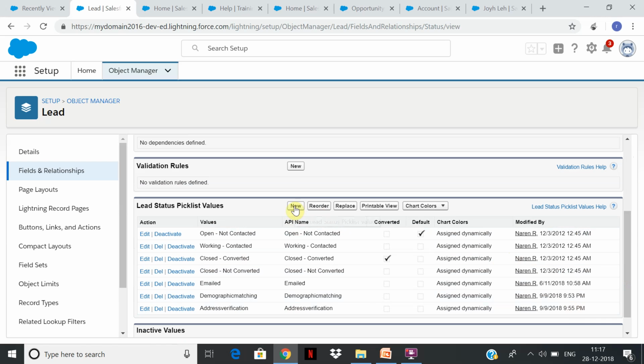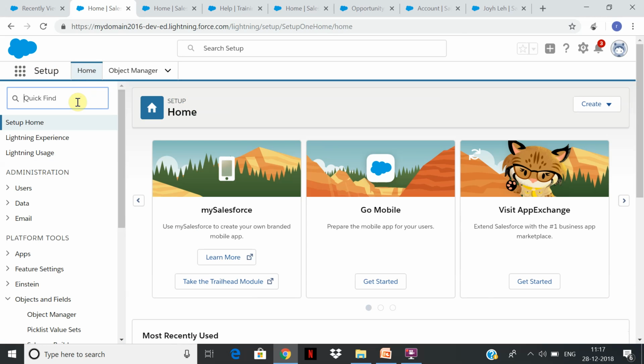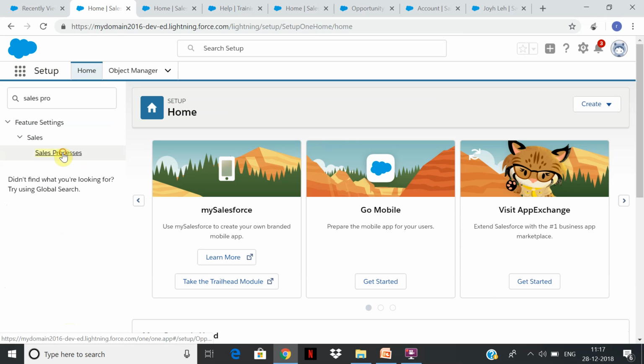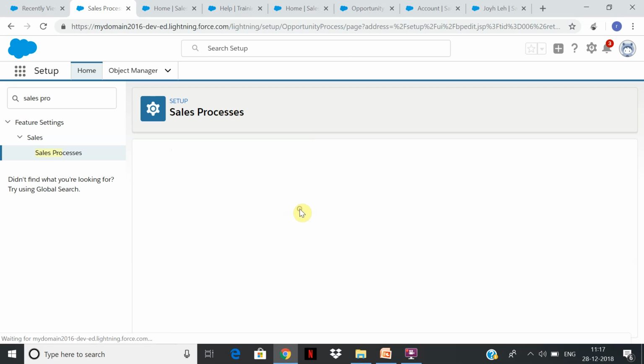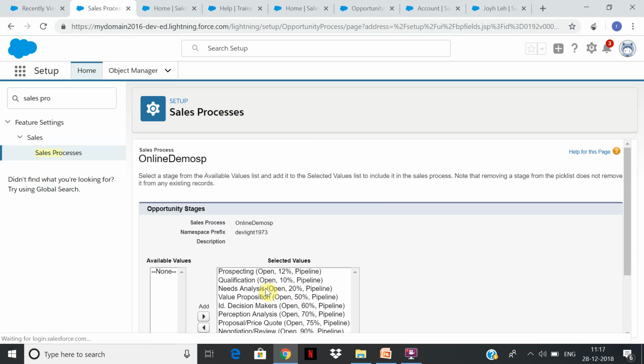So now we can create record types and then associate it to the lead process, sales process. But first we have to also see where is the sales process here. So let's configure only a single sales process. By default we have one, so let's have a new one. There will always be a master by default. We'll say the new one is called online demand SP,